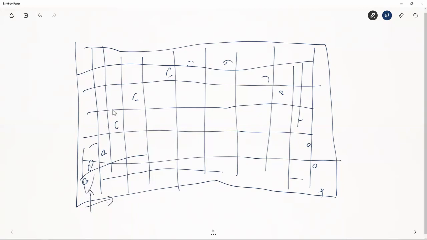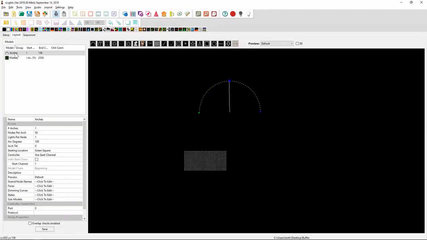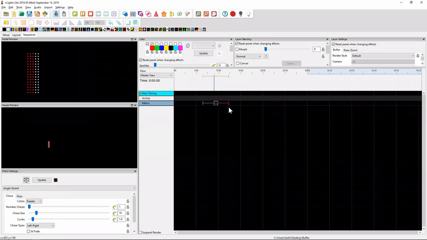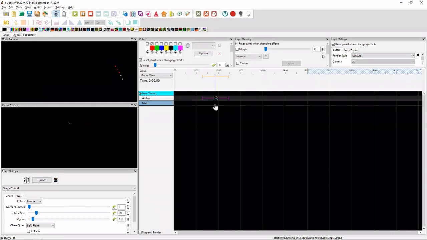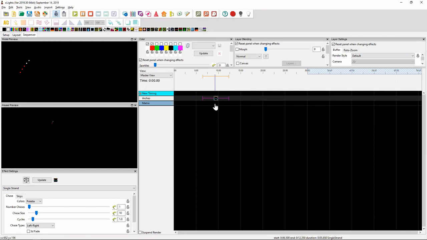So it'd start quite quickly, it'd slow down across the top, and then it'd fall quite quickly at the end. And so then if you go back to xLights, and we've already got an arch in here, and we were to take our single line effect and put it onto our arch, that's not what we see. We see that as the single line moves across the arch, it moves across the arch with consistent or unchanging linear velocity, which suggests to me that that's not actually the shape of the model buffer that's sitting behind